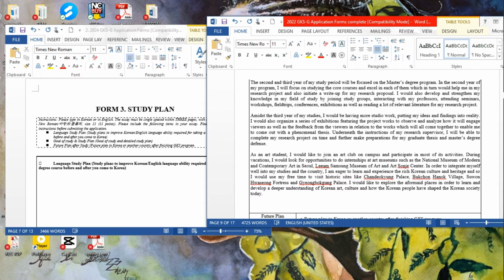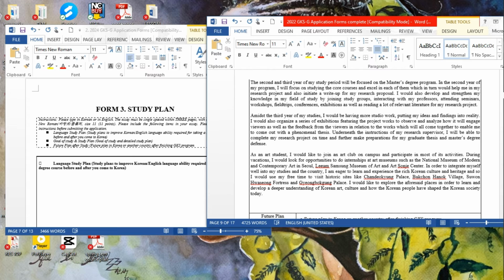Okay, so you have to put certain things like this into your study plan, and that will make them see that, okay, this person is really interested in our country and in our culture and is willing to do all these things should they get the opportunity to get here. So if you're writing your study plan, kindly consider such things.